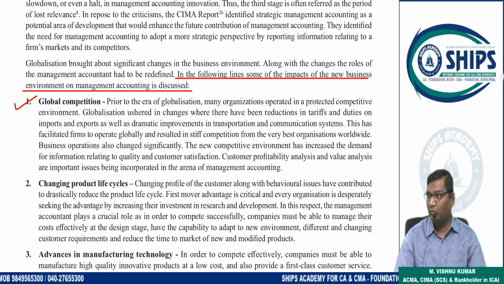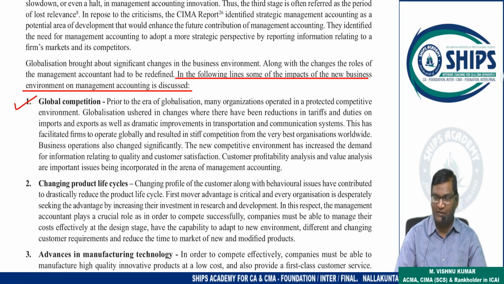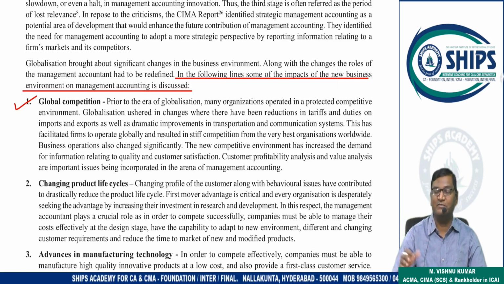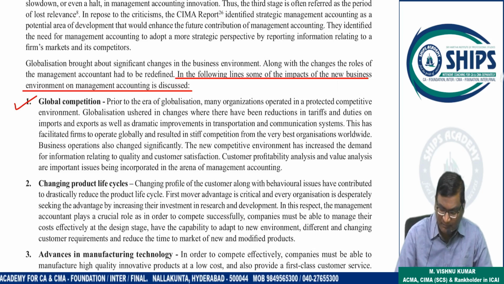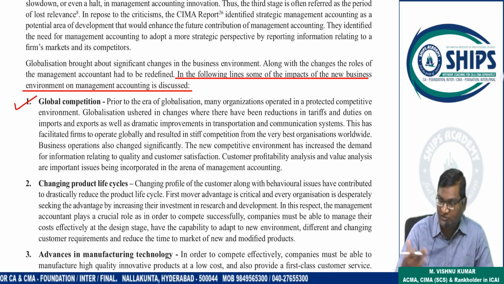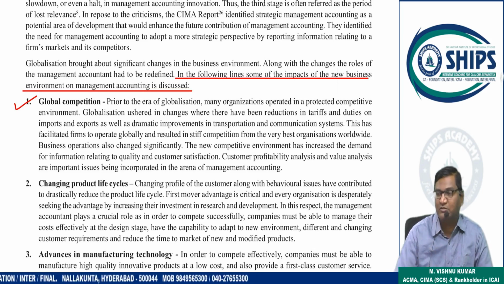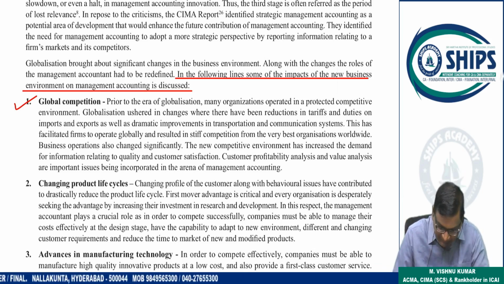So they have to think about global competition or not, because Tata Steel is not the only company in Europe, other companies are also there, so they can give competition to Tata. So according to global competition, they have to make the strategies and operate the business. So in that area also, the management accountant has to focus. So apart from management accountant functions, these are the extra areas in which the management accountant has to focus and advise the company. Clear?